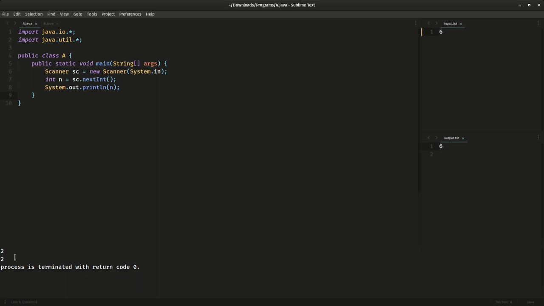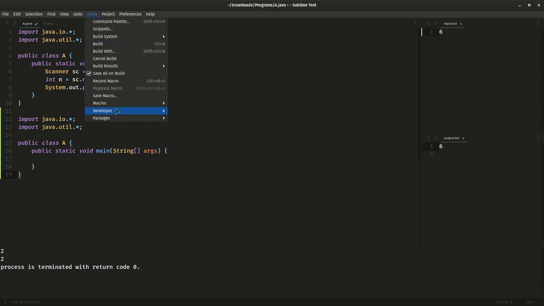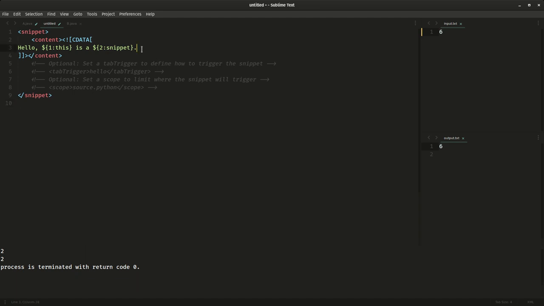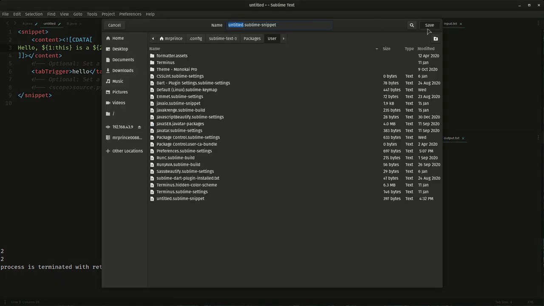So the next thing I want to talk about are the snippets. Like you can see, if I press CC and press tab, this whole text comes on the screen. I'm going to show you how to do this. Go to the tools option and go to package developer and new snippet, and here you can add whatever you want, and the tab trigger option will be like this. If this is the snippet you have, now if I save this snippet with whatever name,